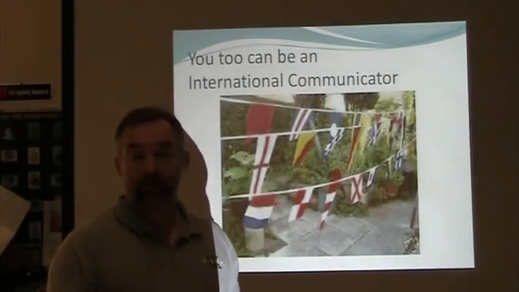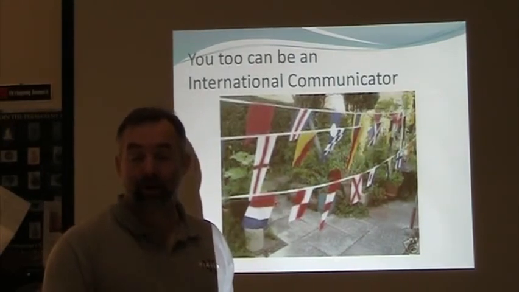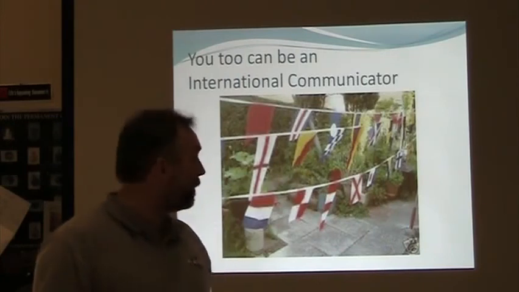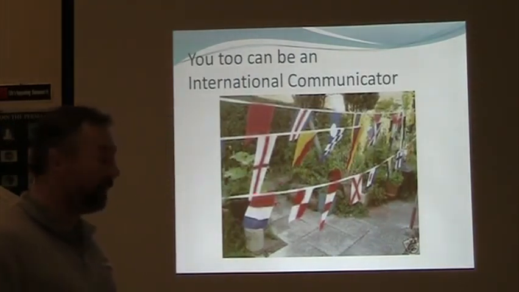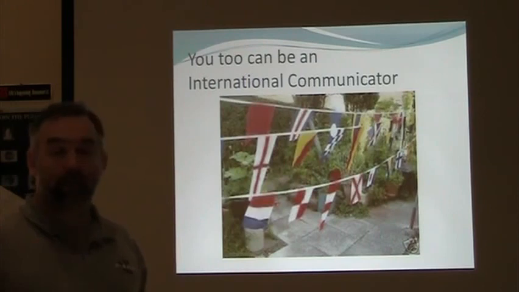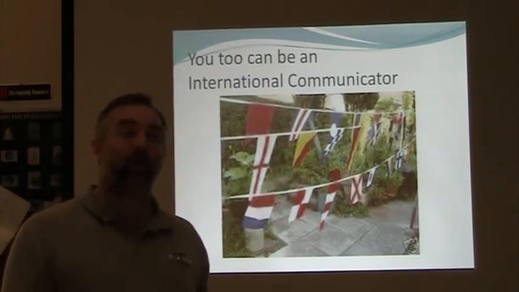So that's a quick and simple look at international signals and signs. Pretty soon you too could be an international communicator. Learn what some of these other flags are. They each have a different meaning, and they're pretty simple, but you can look at that boat that's a half mile away and see from a distance what they're doing or what their intention is